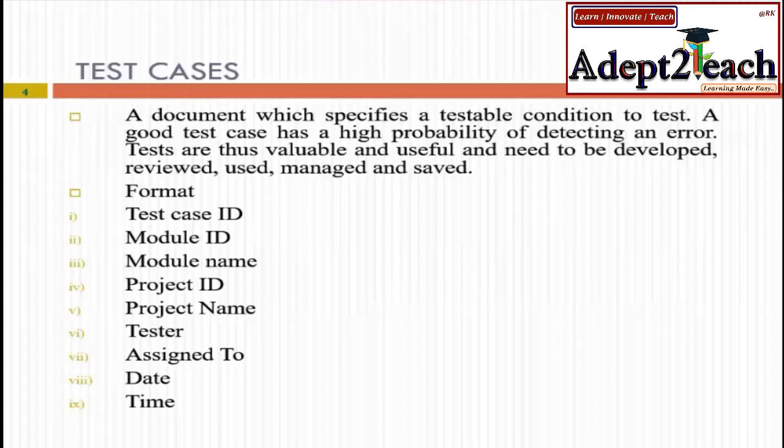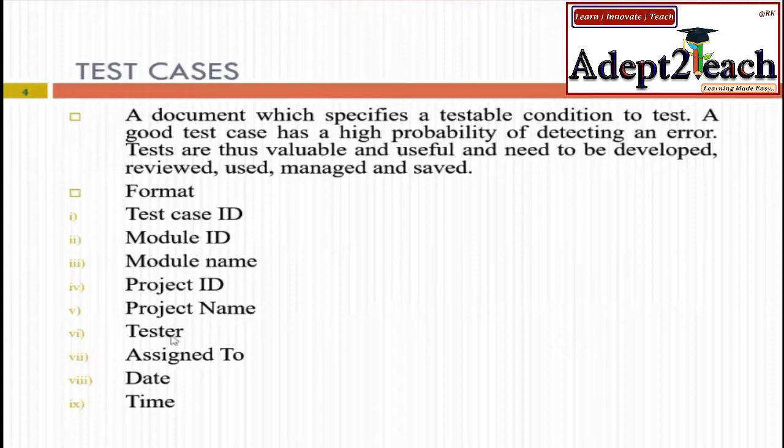Now when you are testing it, the home tab will have a separate module ID and the test case ID for the home tab will be different. Now all of them belong to one common project, that is MS Office. So they will be given under MS Office. This is the module name and module ID, and this is the test case ID. Now when you combine all the major modules, again you will have a new test ID, you will have a new module ID. Your module ID will be when you start integrating them, and you will have a different project ID. That project ID will be from the name of MS Office.